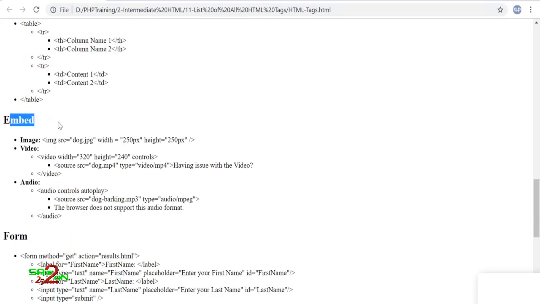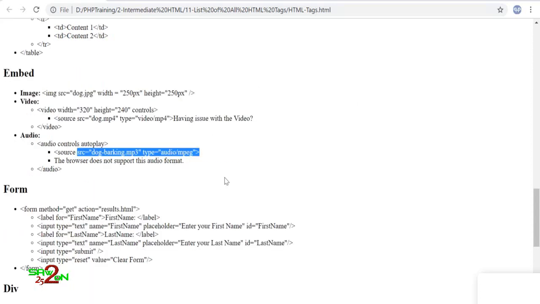Okay, then how to embed content. Image, you use img and you give the source of the image, and the width and height of the image. Video, you use the video tag and mention the source and give the file name of the video, and you have to mention what the type is. And the text that you're displaying here is displayed when the video is not available, or is not able to load into the page. On the audio, you can choose to have autoplay, so whenever the page gets refreshed, the audio gets played. You can have the source to mention where your file is and what type of audio file it is.